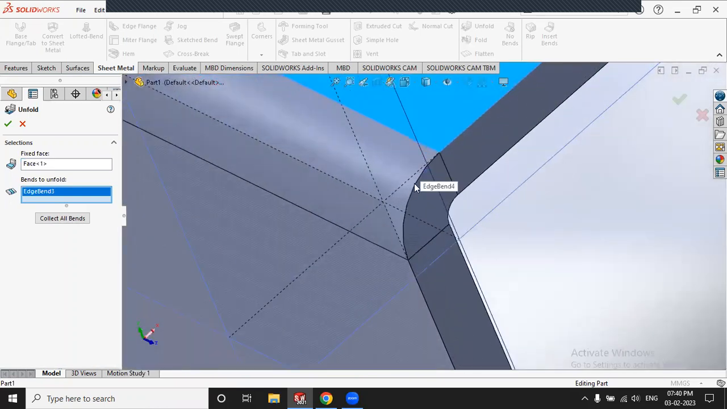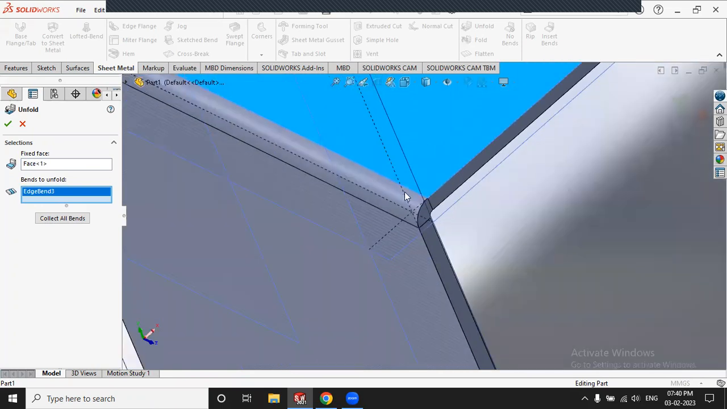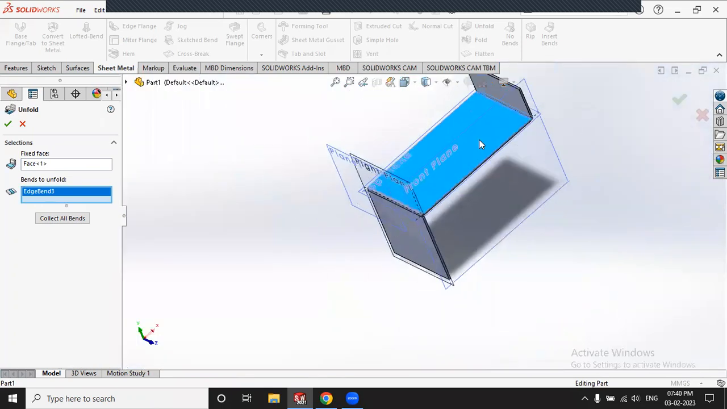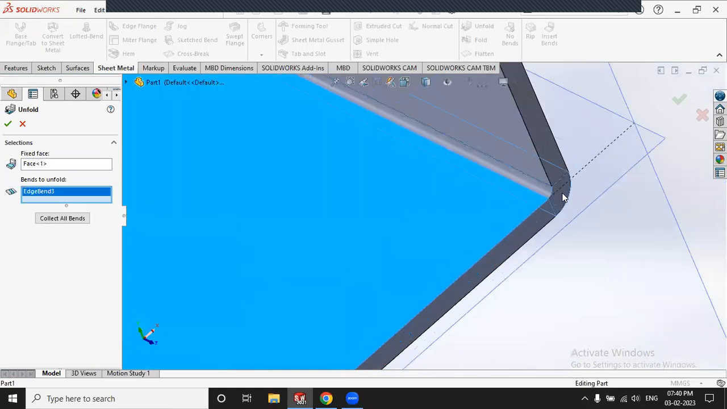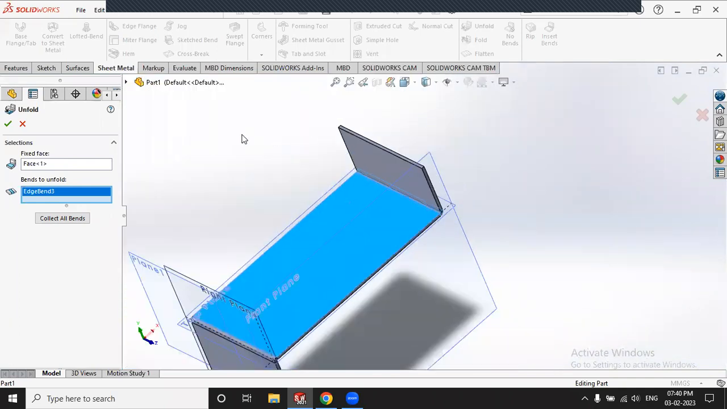Software क्या करेगा, ये बेंड भी सिलेक्ट करेगा, but मुझे ये बेंड अनफोल्ड नहीं करना है. मुझे क्या करना है, only unfold this portion. So I click on edge bend and select this one. Right, now if I click on OK,